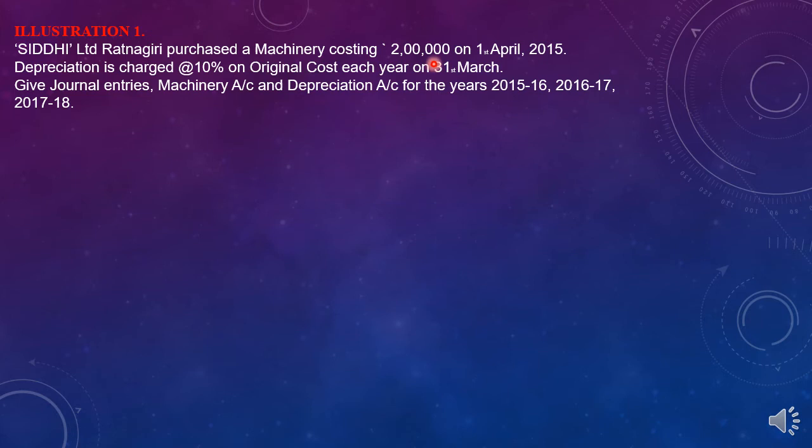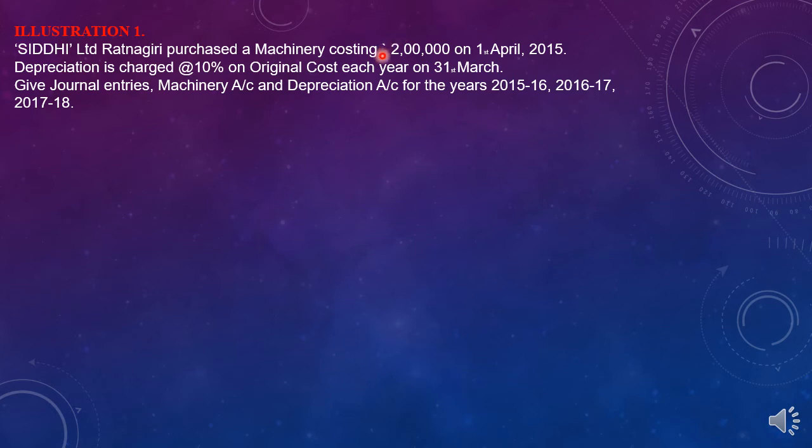So cost of asset is 2 lakh and the rate is 10%. So what will be the depreciation for 12 months or 1 year? You just remove a zero and you will get 20,000 depreciation, and this is the original cost method. So the rate is the same and the amount will also be the same, because in the first method depreciation rate will be applied only on the purchase price or the cost of the asset.